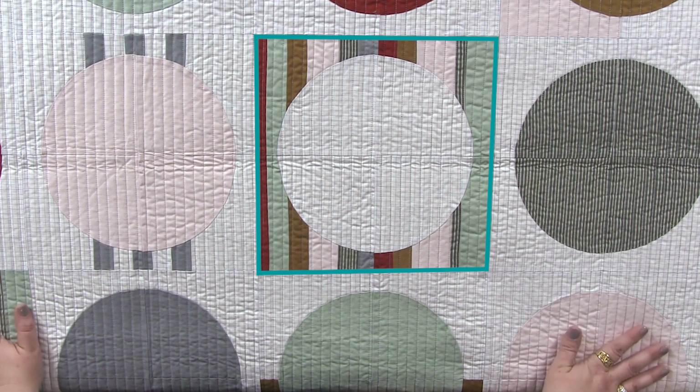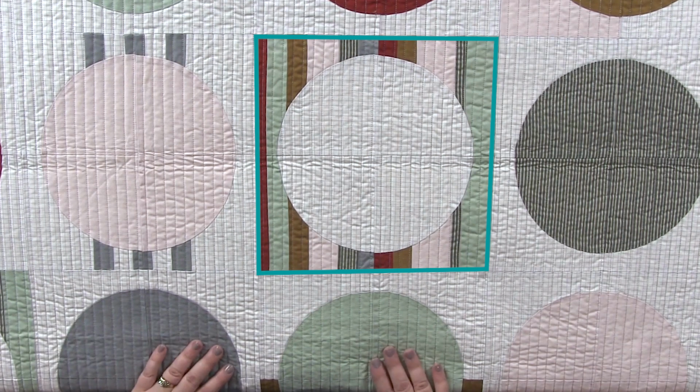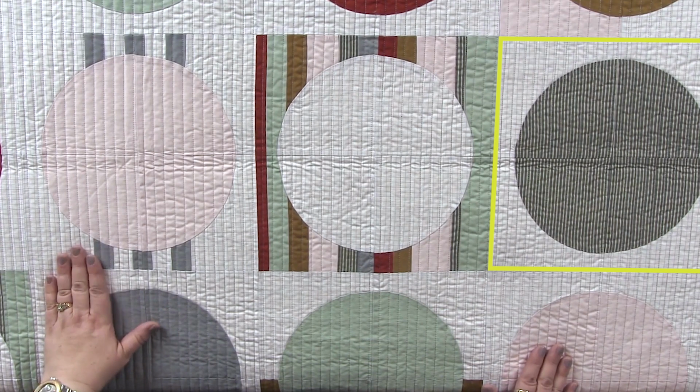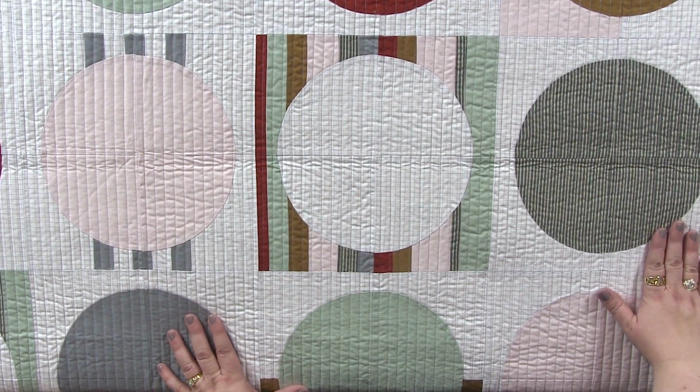So this quilt on the table is a sample from the book. This is my Perfect Dozen quilt. In this block, you can see that the stripes are pieced in a way that the circle is layered over the top of them. The block to the left has a similar appearance, it's just more minimal in design. But if you look to the block that's just the circle, you can see that this was pieced with a striped fabric. The striped fabric adds movement within the circle, so it creates more of a portal or a window